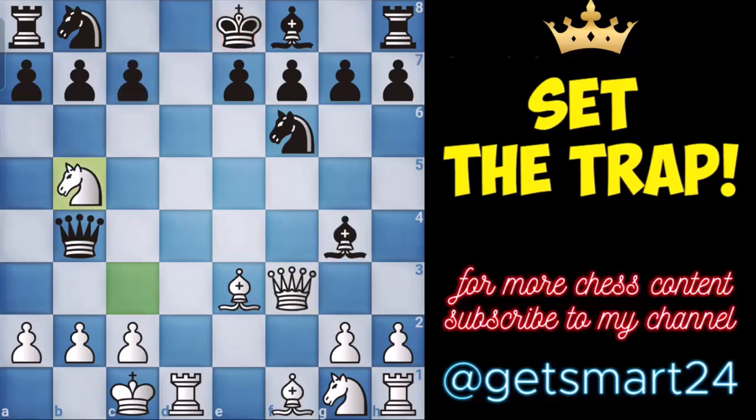Alternatively, if Black tries to take our knight with their queen, we can capture their queen with our bishop, delivering a check to Black. After Black blocks the check, we can save our queen and gain a significant advantage in the game. If Black attempts to free up squares for their king by playing a move like pawn to e5,